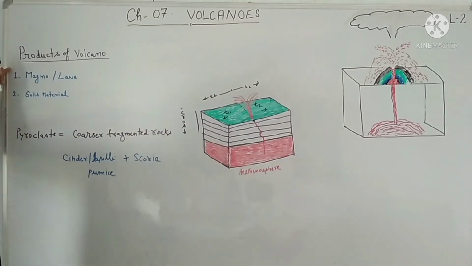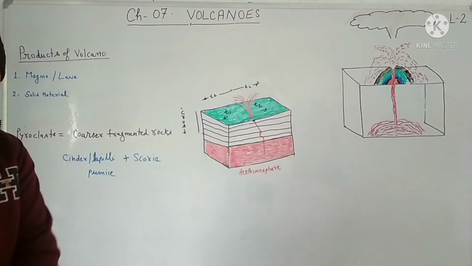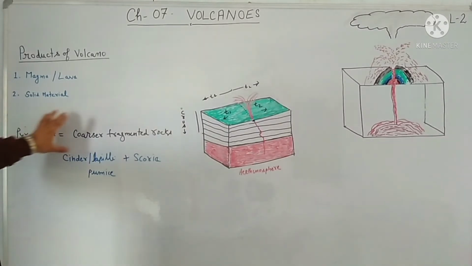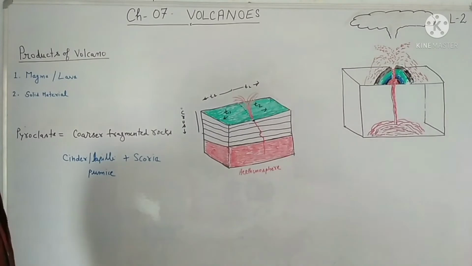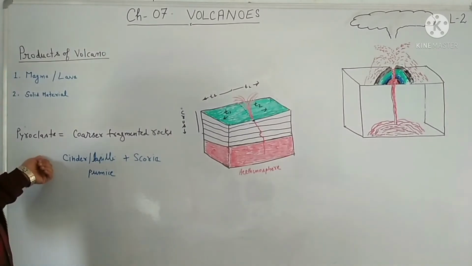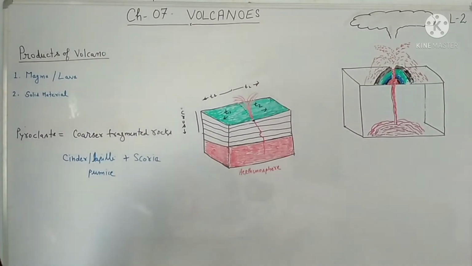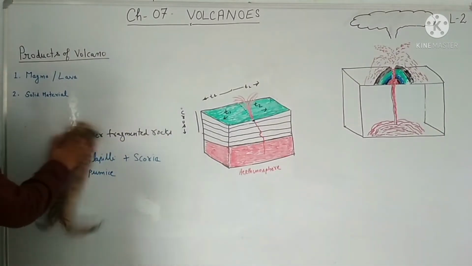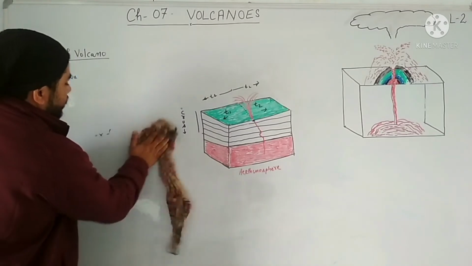So what do we get? We get the products of volcano: magma as well as solid material. Magma, I have told you what is magma, and solid material, pyroclast, coarser fragmental rocks which contain cinder, lapilli, scoria, pumice, volcanic ash, dust, and all these things. Pyroclast is the coarser fragmental rocks, not the volcanic ash and dust, clear. Then